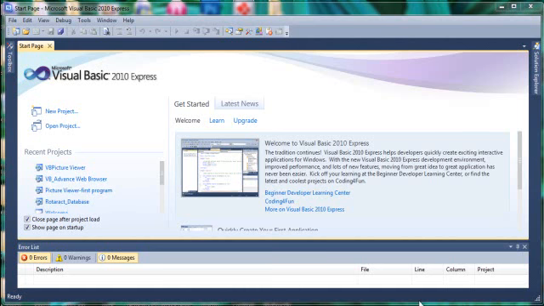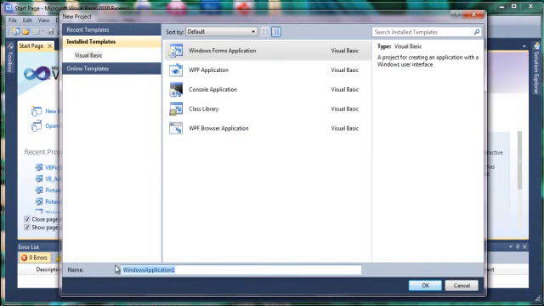Hi and welcome to a tutorial on creating a picture viewer in Visual Basics. Let's get started. You open your Visual Basics, you go to new project, you name your project picture viewer,